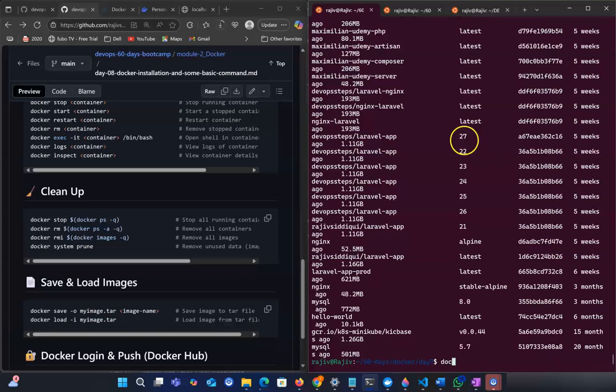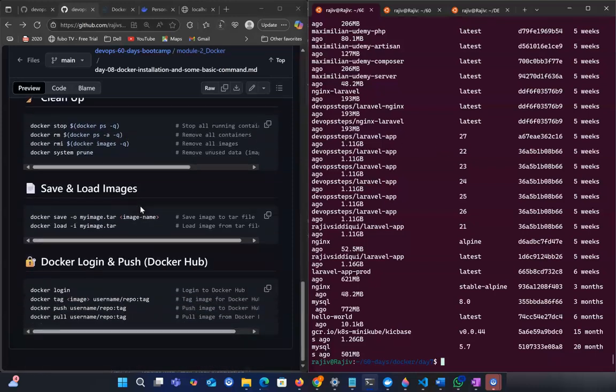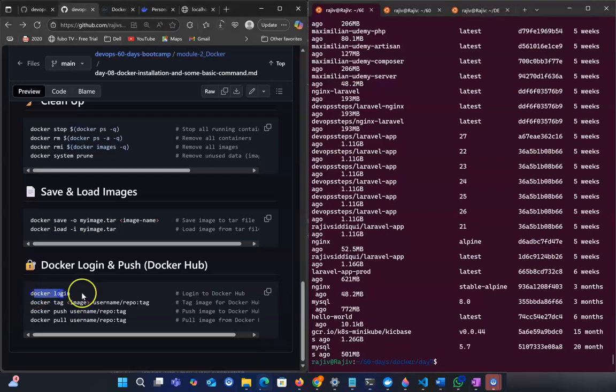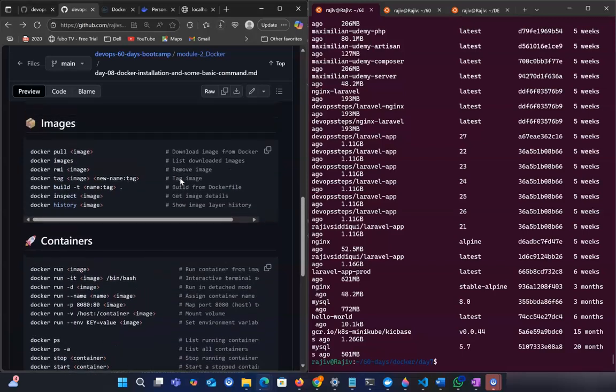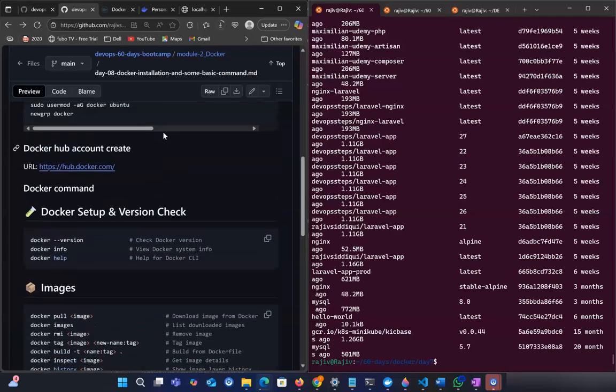One command is docker image ls, we can see the images, or we can use docker images -a, this way also we can see the images. Okay, the docker login command we already saw. We can use docker login, or docker login then -u, then your username, then the secret key. For pushing the image, we can use docker push, and for pulling we use the docker pull command. So that's all for today's class. I already showed most of the important commands regarding containers and images which you need in Docker